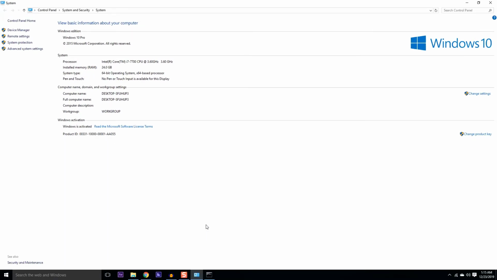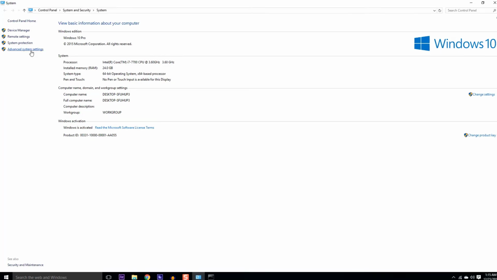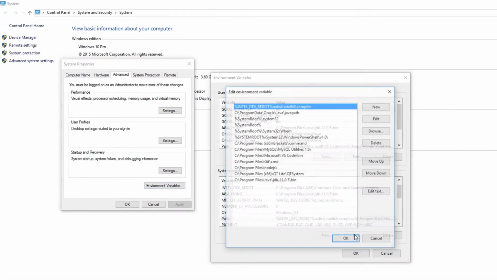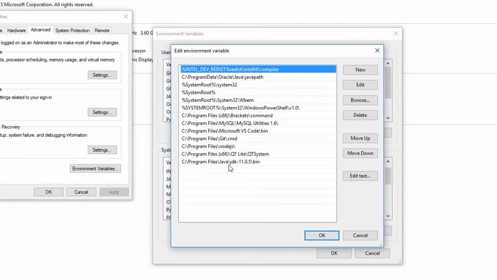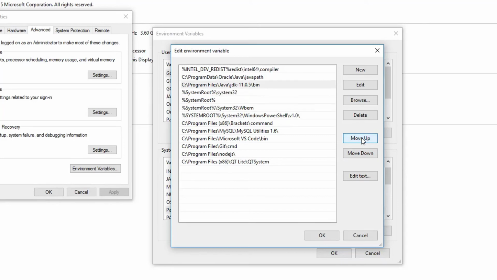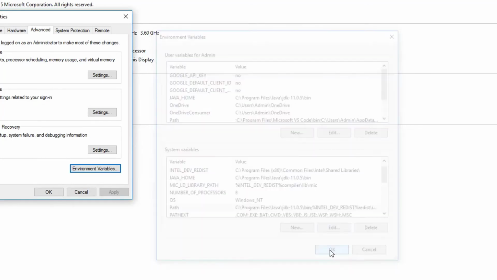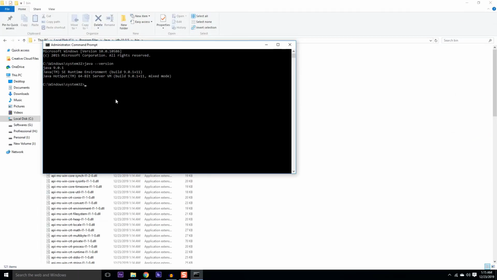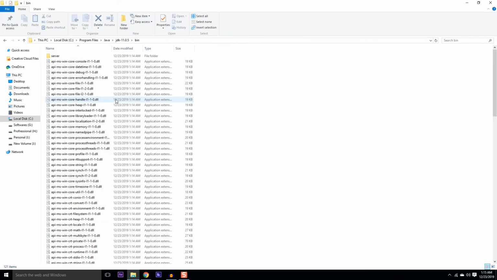So in order to resolve this issue, go to the properties file again and go to your path, click on edit and make sure that your JDK 11 is before your System32. So select this and just click on up till before System32, or you can make it the beginning one and just click on OK, click on OK, click on OK and then close this window and then exit this and restart your command line,